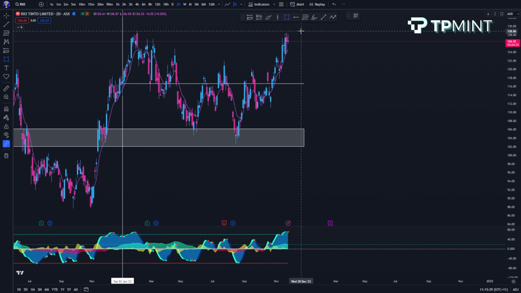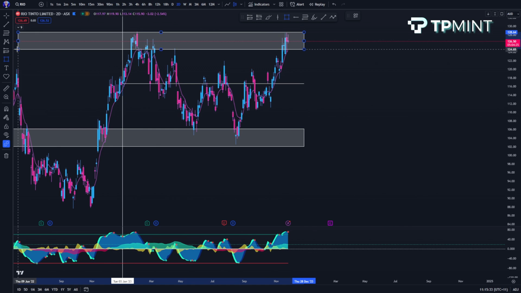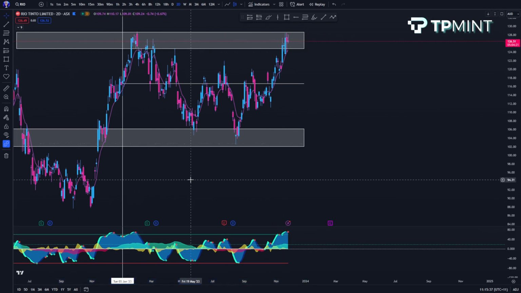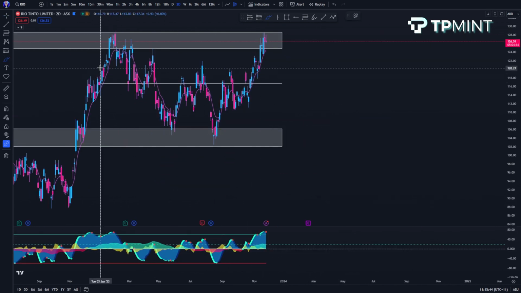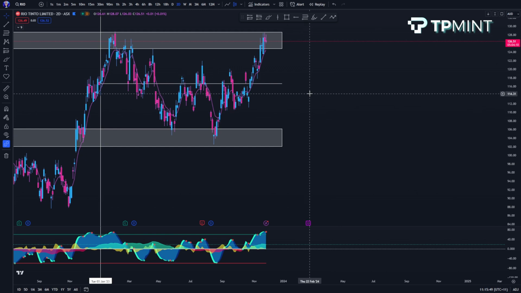Kind of making like a double top. That would be the upper wick for the year, is the overbought level on the 2-day time frame, just there and there, same price. And then this is basically the body of your yearly candle. So let's go back to the 12-month time frame and I'll show you that this is catching the wicks on